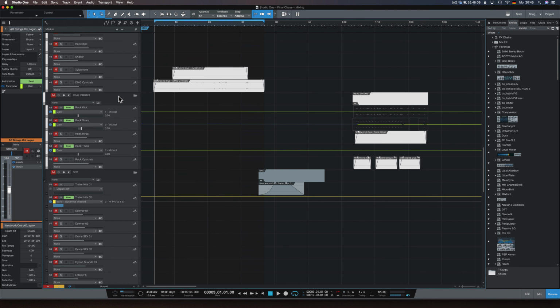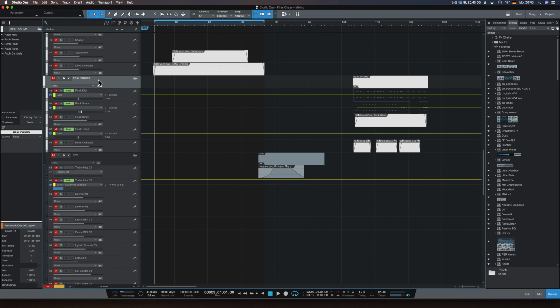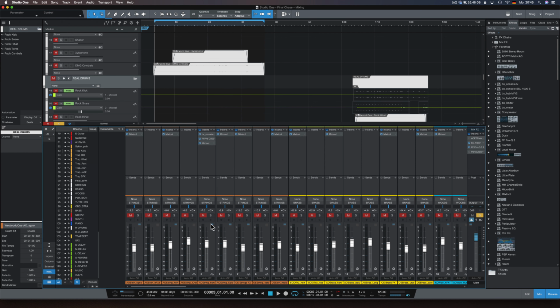Then I have real drums, not in the first cue, later on, but you see it's its own group. It means that I just, if I open it here in the,